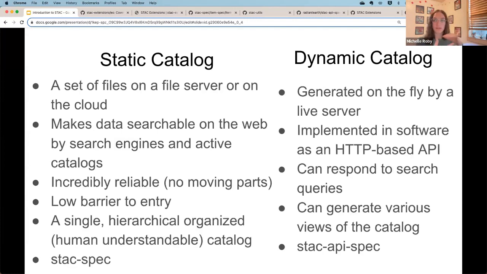It's reliable because there are no moving parts within it. And as I mentioned, it's a single hierarchical organized catalog and human readable. So you and I can look through, we just looked through a bunch of examples of components of a static STAC catalog. And that is related to the STAC spec repository. A dynamic catalog is generated on the fly by a live server and is implemented in software as an HTTP-based API.